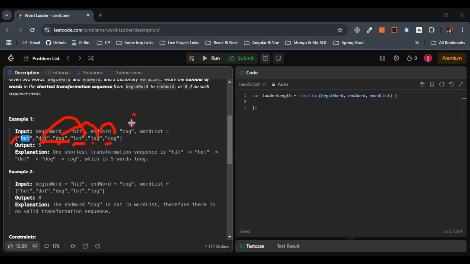In this case, they have clearly mentioned in the explanation, one shortest transformation sequence is hit, hot, dot, dog, cog. Here in this case, begin word hit is fine. That is 1 we will consider. Hot 2 we will consider. Dot 3. And when we come to the third one, dot, either we can replace this one with lot, right? Lot, or